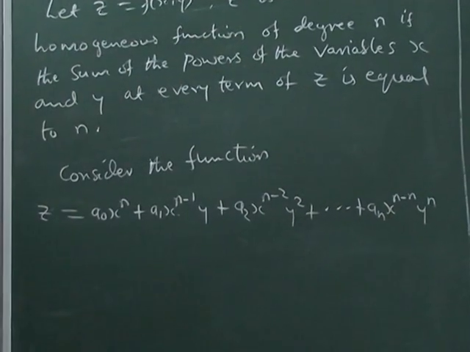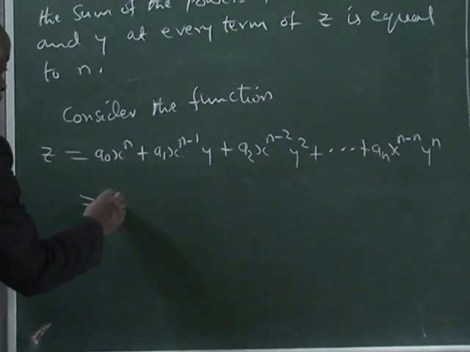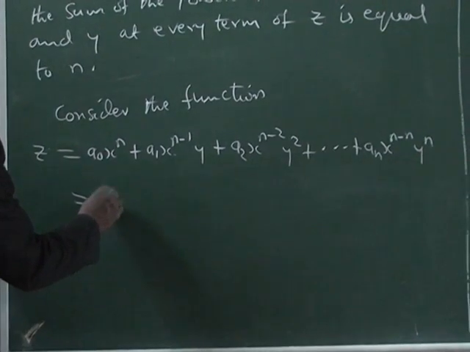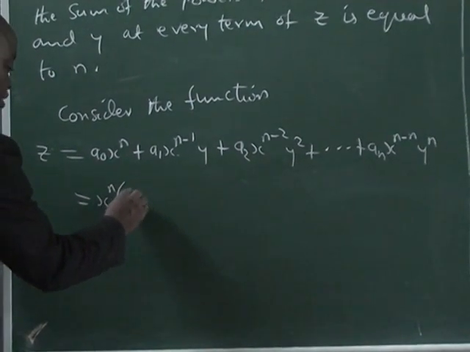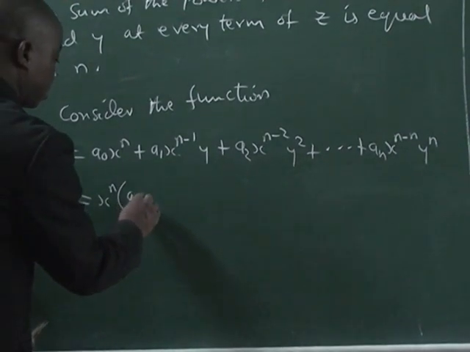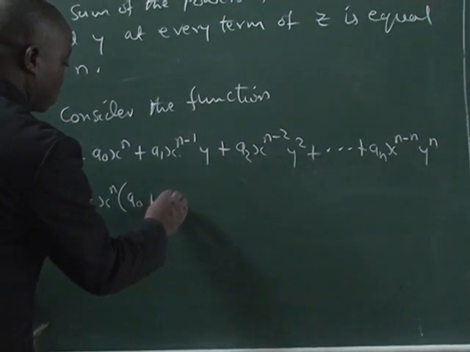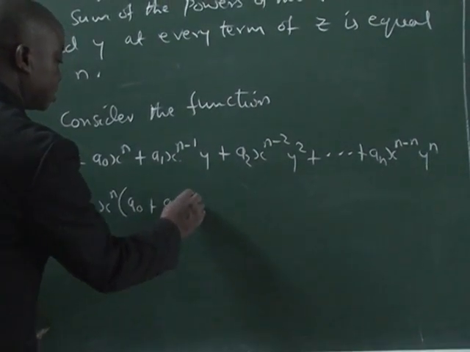Now this function, I can write it in the form x raised to n, then a sub 0 plus a sub 1 x